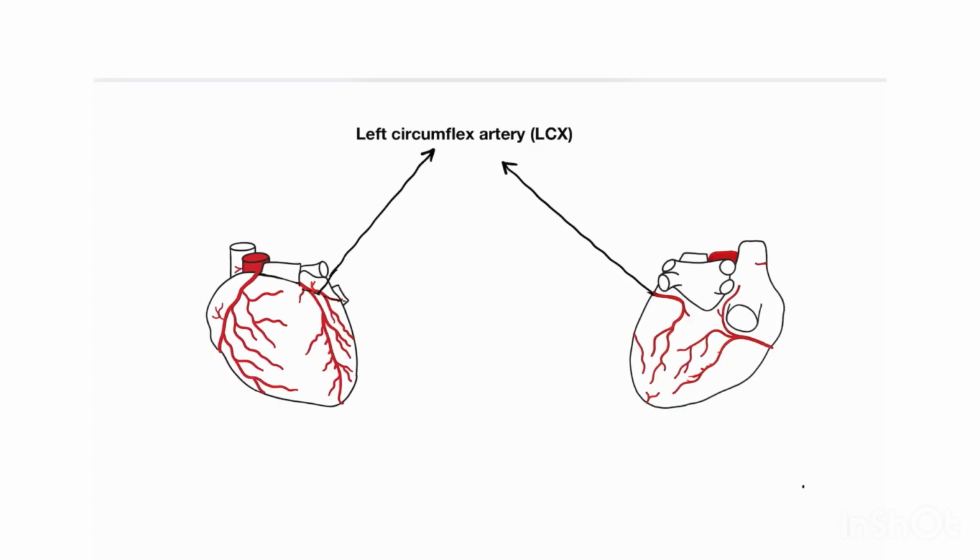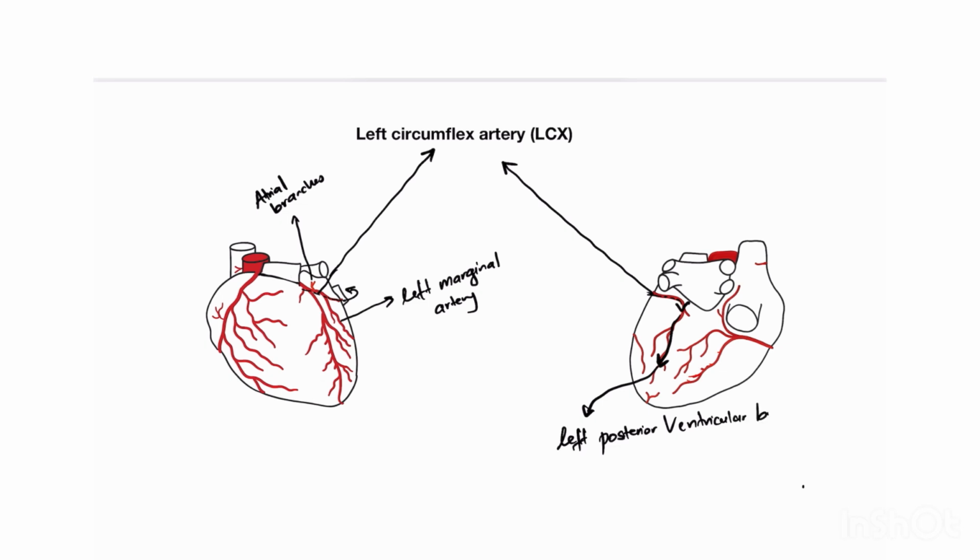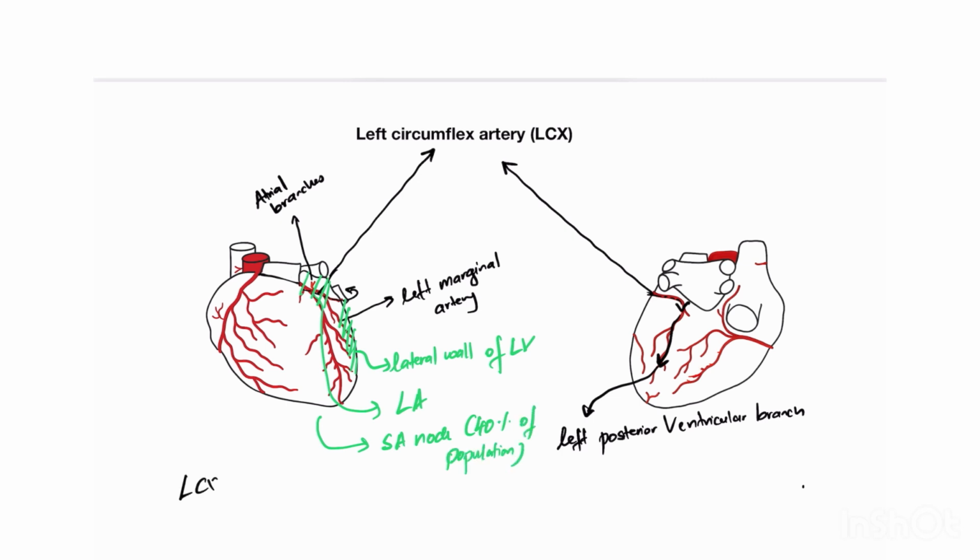The next is the left circumflex artery going through the coronary sulcus. It gives off left marginal artery and several atrial branches. Finally, it becomes the left posterior ventricular branch. It supplies the lateral wall of the left ventricle, left atrium, and SA node in 40% of population. Left circumflex artery occlusion leads to lateral STEMI, and in ECG you may see ST elevation in 1, AVL, V5